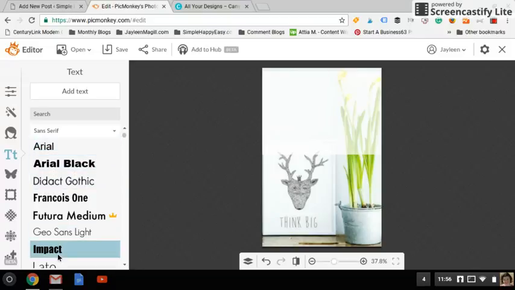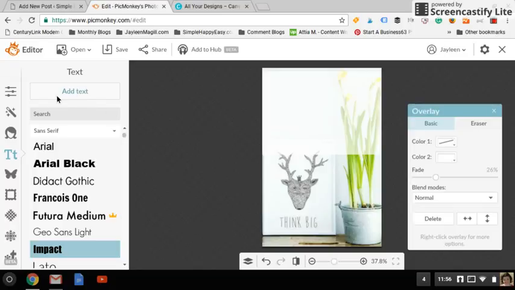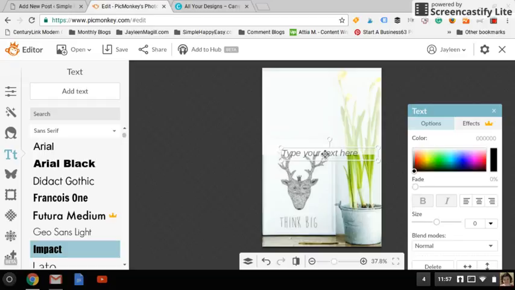So you can cruise around on Pinterest and see if there are different font pairings that you like. I would just suggest that once you find one, you stick with it and make all of your pins in that font pairing. So you just go up to add text, and it'll drop a little box in here, and you can line it up to where you want it to be. I try to make sure that the font starts centered, and I try to make sure that there's no more than 4 lines of